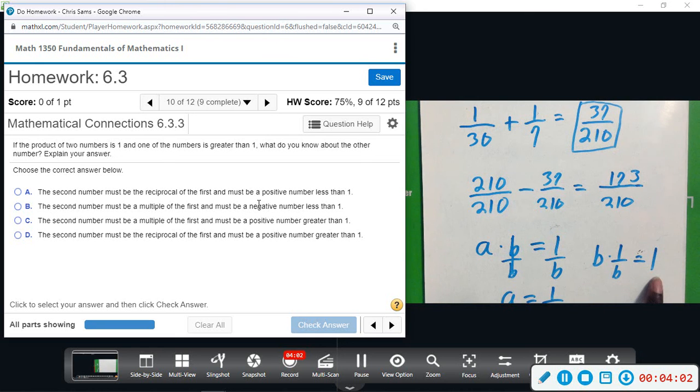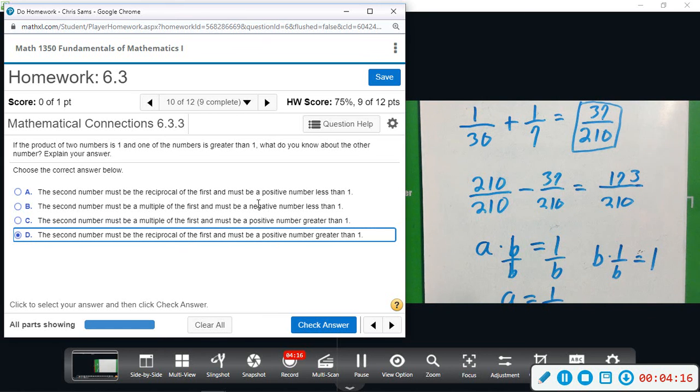If they're both negative, it will still equal a positive 1, just as if they're both positive. So we're going to go with the idea of being positive and say it has to be positive. Trying to see what's the difference between these. So the reciprocal has to be less than 1. So if one's going to be a reciprocal, the first,